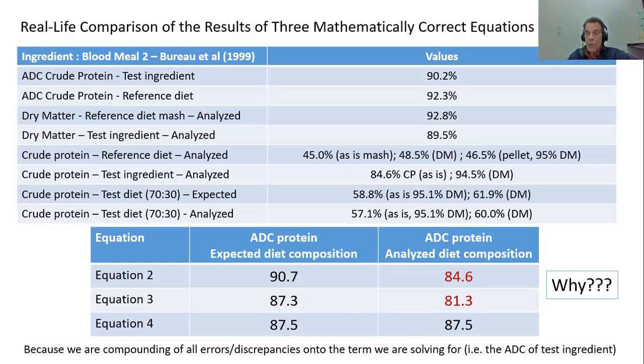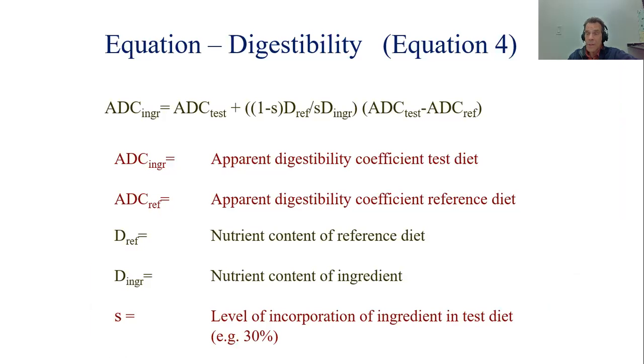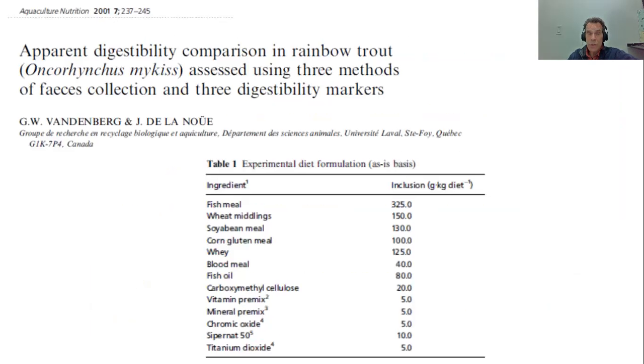But you have to be careful with your marker analyses. You have to be careful with your sample analyses. Make sure they're correct, they make sense, they add up, because it will have a big impact on the estimates of digestibility. Small problem, but it can have dire consequences when you report digestibility of nutrients.